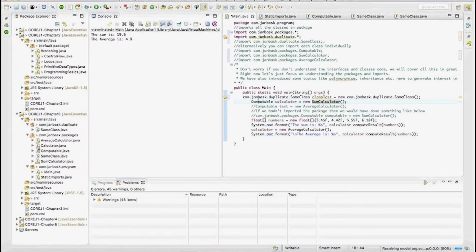So I can specify the fully qualified name of this thing, which is a way of telling the compiler about the area that I'm specifically trying to look into. I don't even need this import statement because I have already specified the fully qualified name here. Okay, so that's